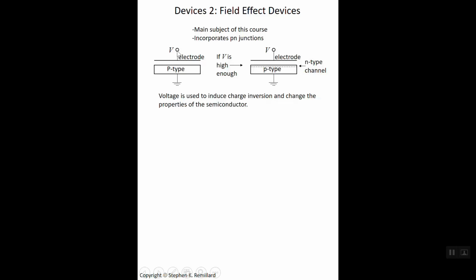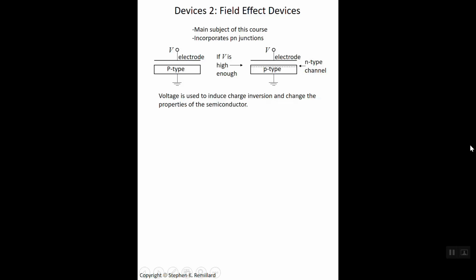The electrode is held at a voltage V. The p-type semiconductor is grounded. The voltage is positive. So as I turn up that voltage, start at 0 and then turn it up higher and higher, I have this capacitor formed from it where I have a positive charge on this electrode plate. That chases the holes out of the p-type. As I slowly raise this voltage, holes begin to exit the p-type, but also as I slowly raise this voltage,